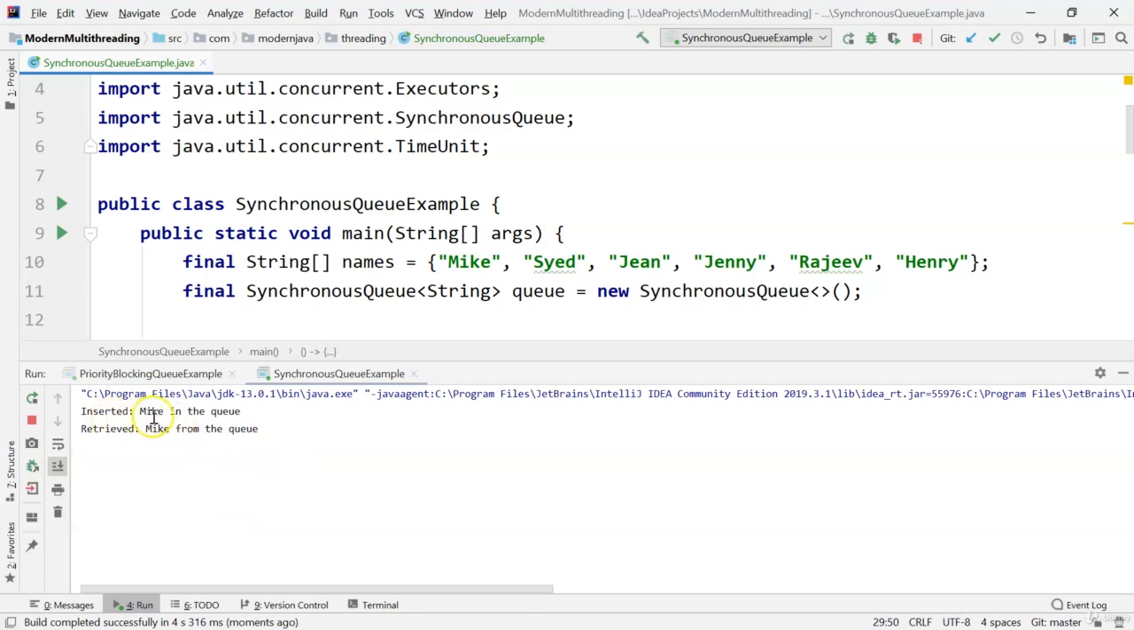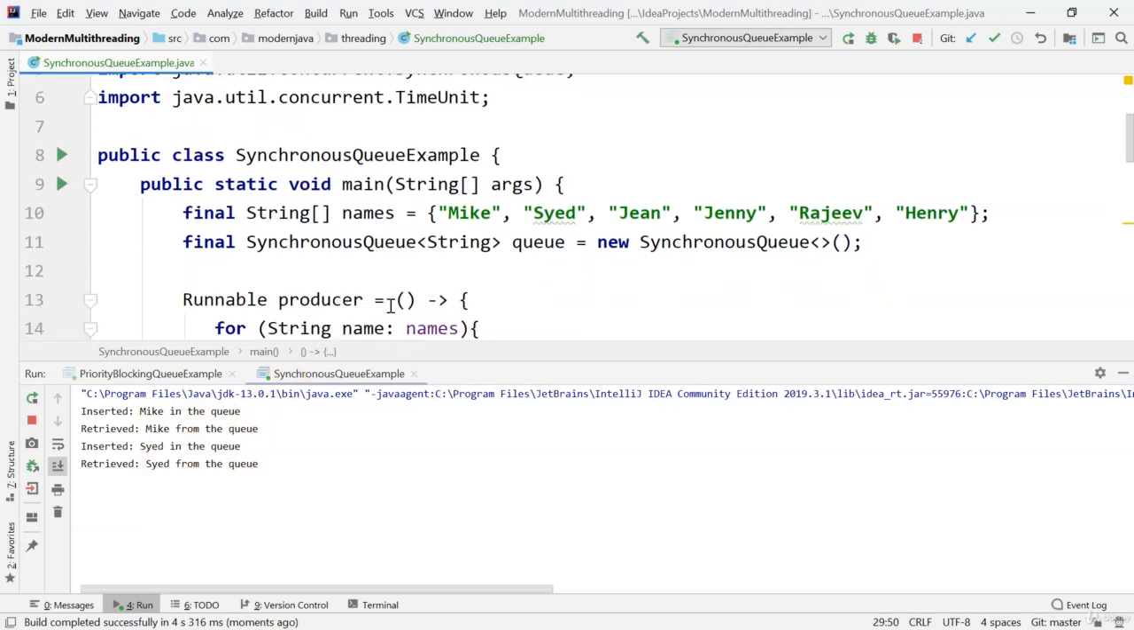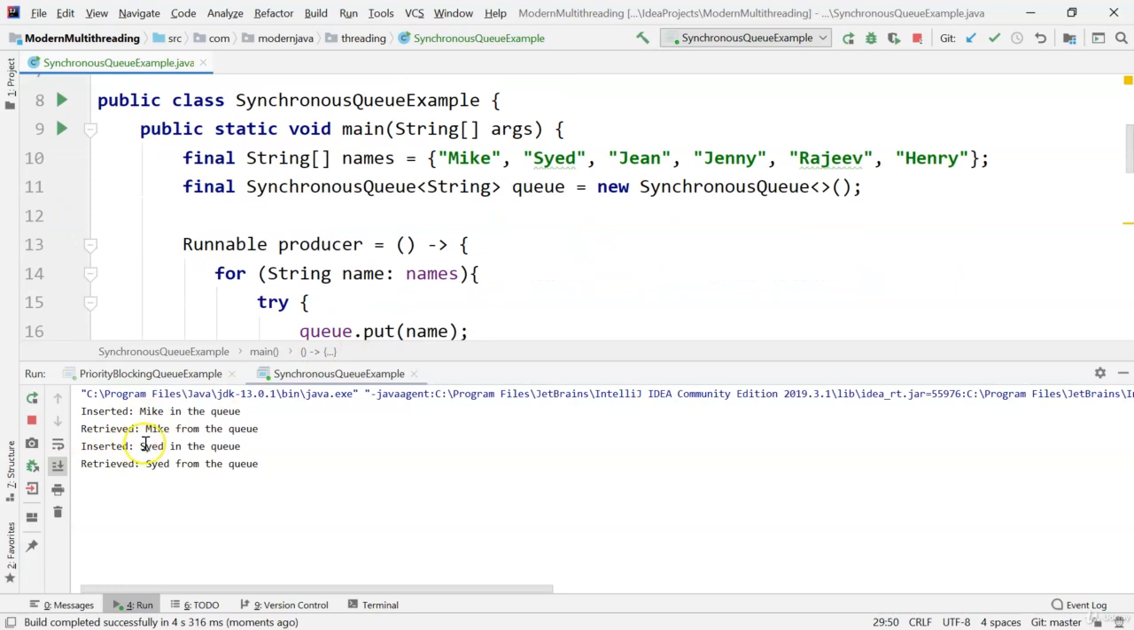So it first inserted Mike in the queue and then retrieved Mike from the queue. Now the consumer is not ready, so the producer cannot put the message in the queue. So once the consumer is ready, it wakes up from the sleep, and at that point the producer can insert Syed in the queue, and then the consumer is ready to take the message from the queue. So in the synchronous queue, until the consumer is ready to take the message from the queue, the producer cannot put the message in the